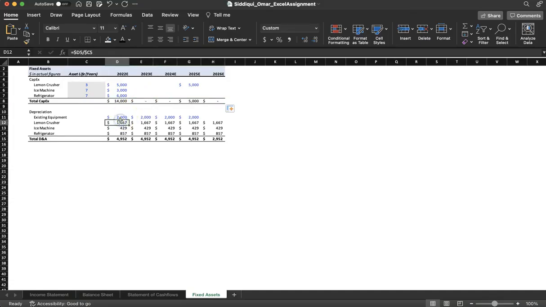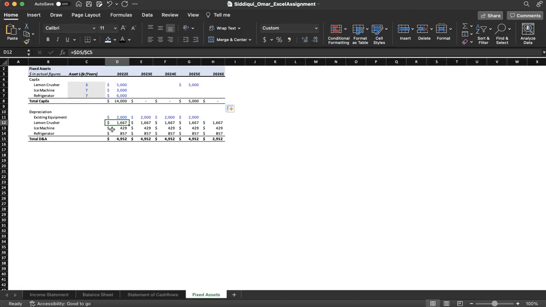You also have 2000 mentioned towards existing equipment. So please, once again, just make sure that you apply the formula. You have 2000, 2000, 2000, 2000, which indicates the cost for that desired equipment. All I did was use the formula equals D5 divided by C5. Make sure that you use the FN key in order to get the data, which is obviously